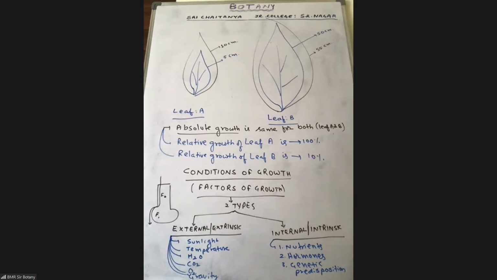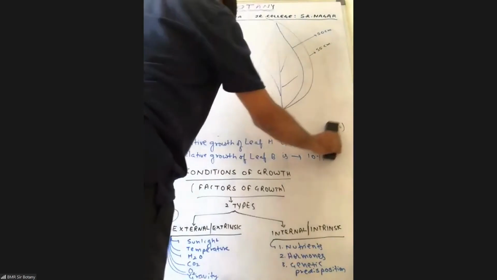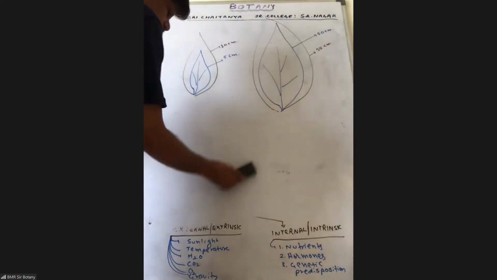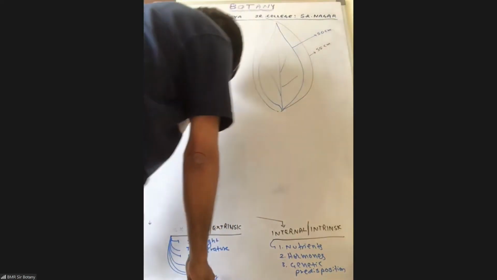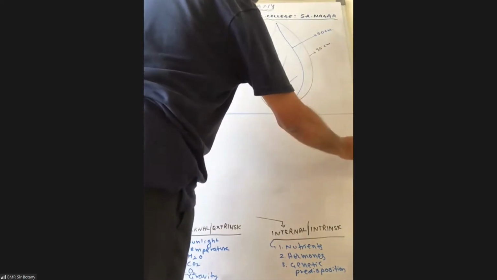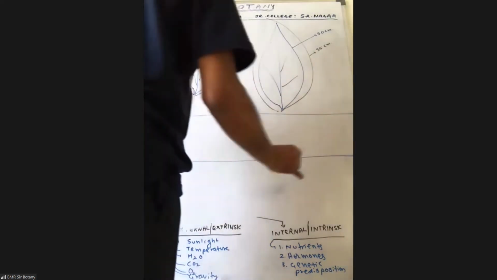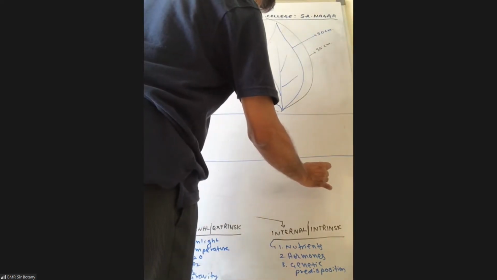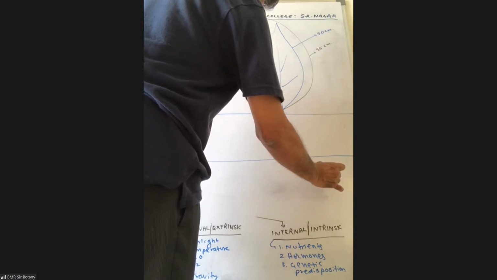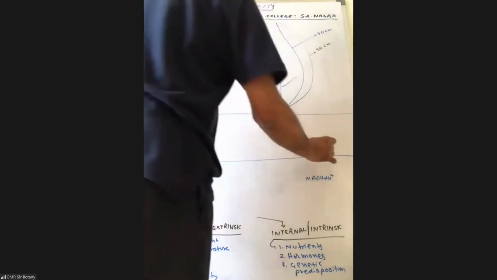Tell me, beta, can you once revise the electron transport system? Yes, sir. Not a problem. How many complexes were involved in that? 5 complexes. Mobile carriers? 2 mobile carriers. Yes. If the substrate is NADH, be it from the mitochondrion or even from the cytosol, it can enter and undergo this.